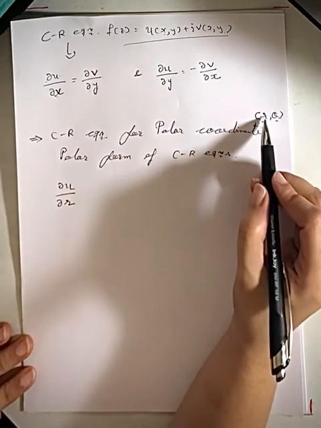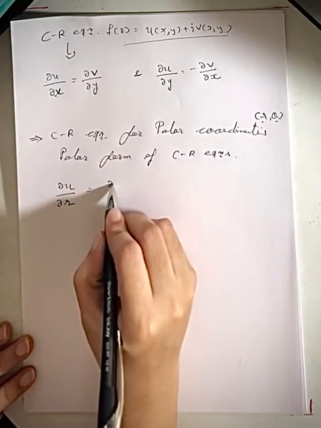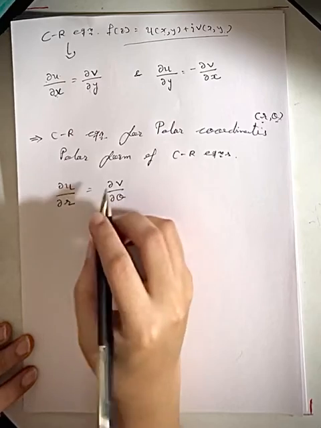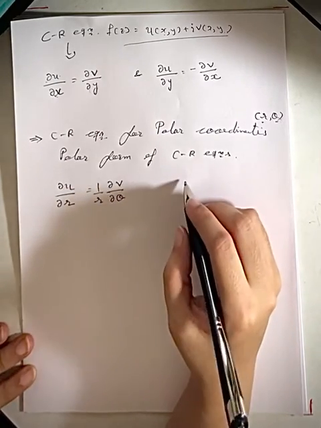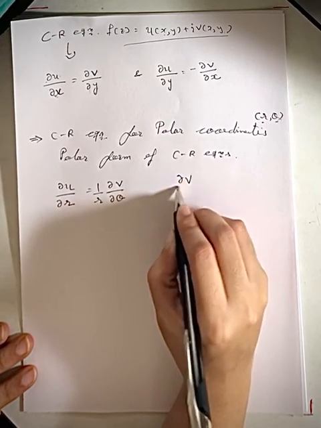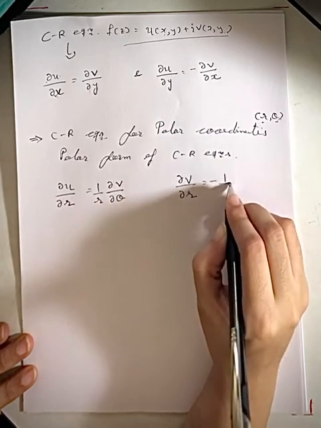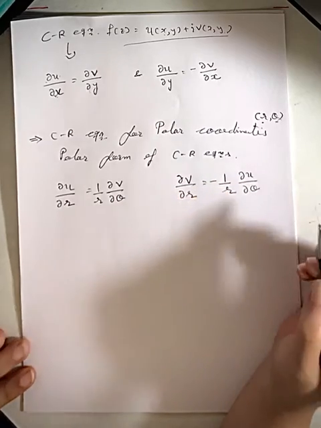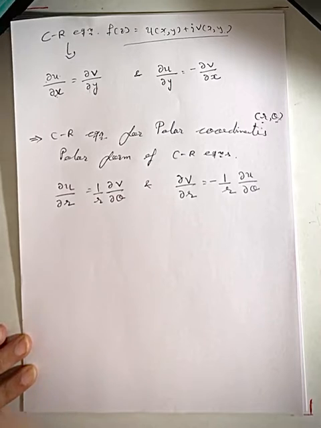Similarly, we will have del u by del r equal to del v by del theta, but then there is 1 over r here. And then just like that, del v by del r is equal to minus 1 by r del u by del theta. So these two are the CR equations for polar coordinates,